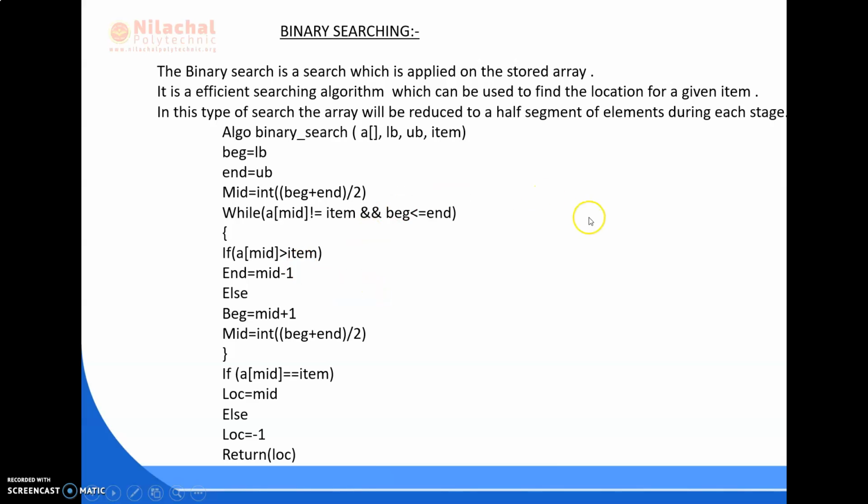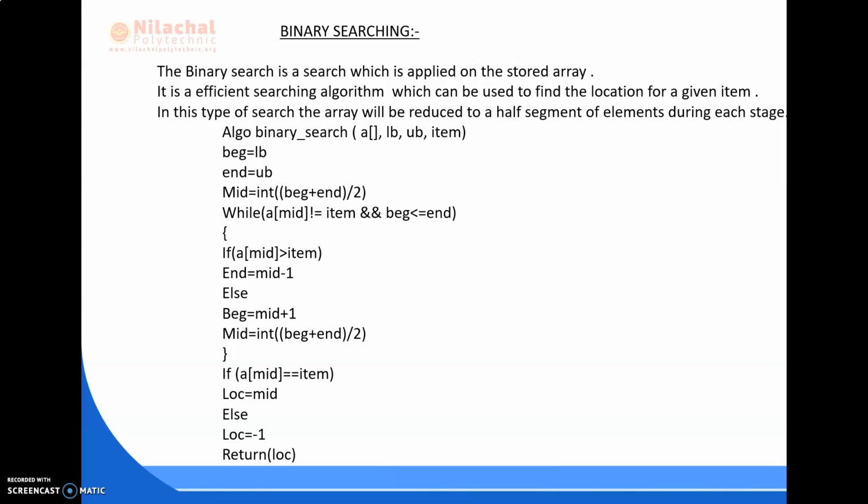Okay, if this condition does not satisfy, that is A of mid is less than the item, then obviously we will be searching at the next half part of the list, that is the beginning will be mid plus 1 and end will stick to it, that is end will be upper bound. So this is how the searching will be done, and the search of the array will be reduced to half of the segment of elements during each stage of search.